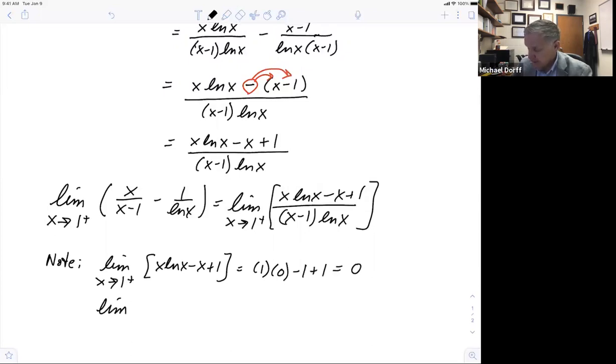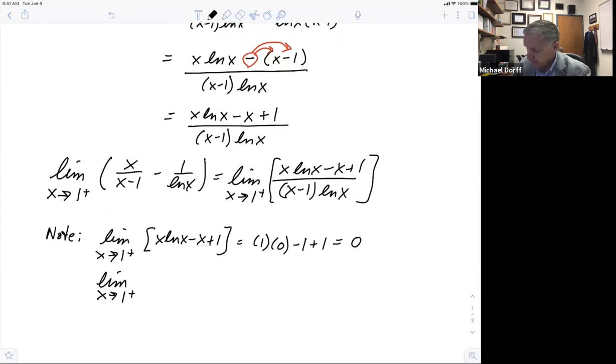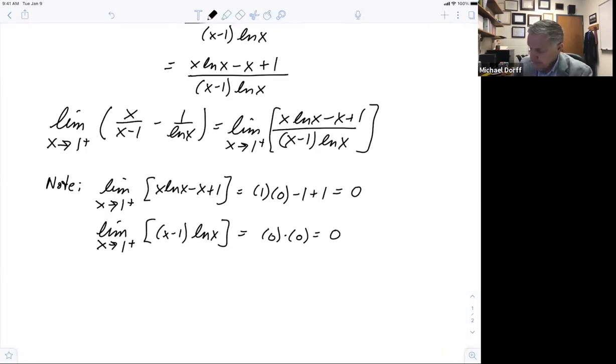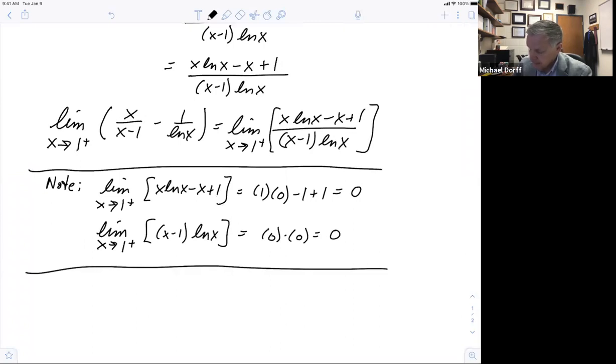And for the denominator, as x goes to 1 from the right, I get 1 minus 1, which is 0, times the natural log of 1, which is 0. So I get 0. So now we have the indeterminate form